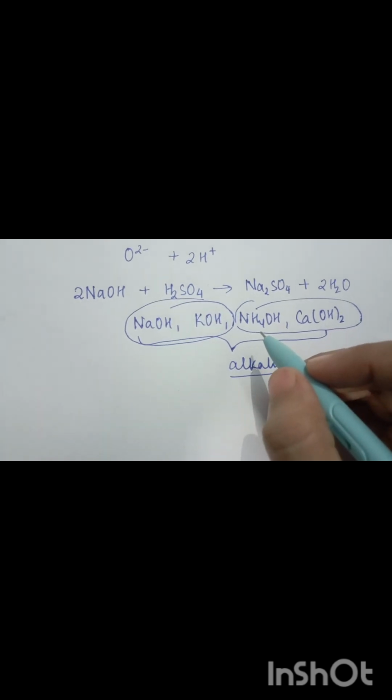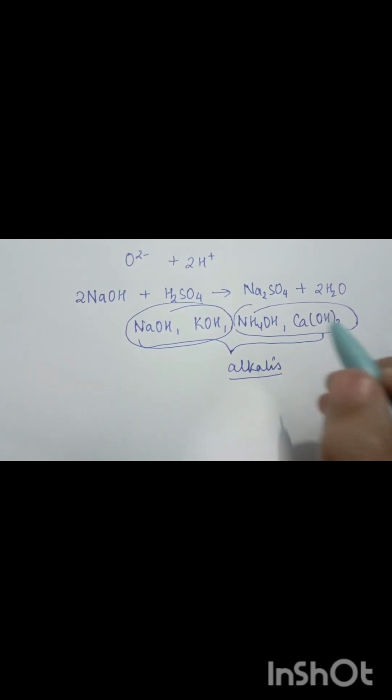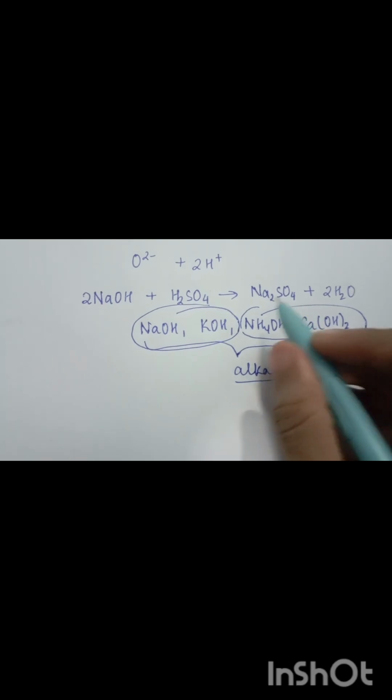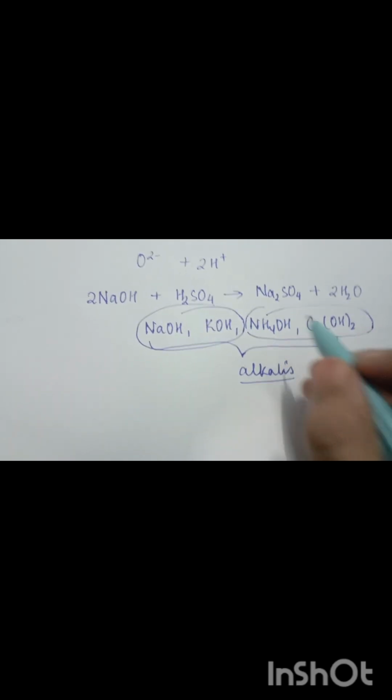Okay. For example, we have taken aqueous solution of NH4OH. NH4OH being a weak alkali does not dissociate completely in the solution. Hence, its solution will contain NH4 plus ions, OH minus ions, as well as the molecules or the compounds of NH4OH will also be present. Okay, undissociated form. Okay, beta.